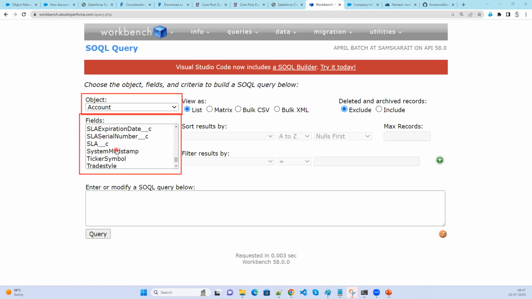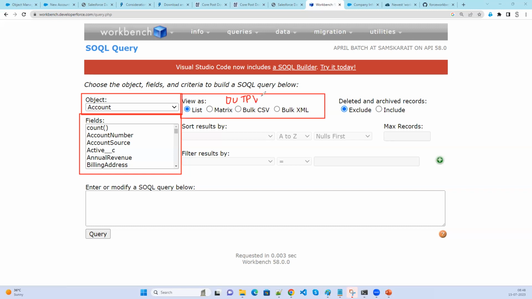This is the fields information. Whatever fields I have, I can view all of them. Now, View As is the output. When you run the query, how do you want to see the output? Do you want to see the output in a list, that means a tabular format? Or do you want to see the output in a matrix, which we have seen in reports? Or some kind of bulk CSV file,